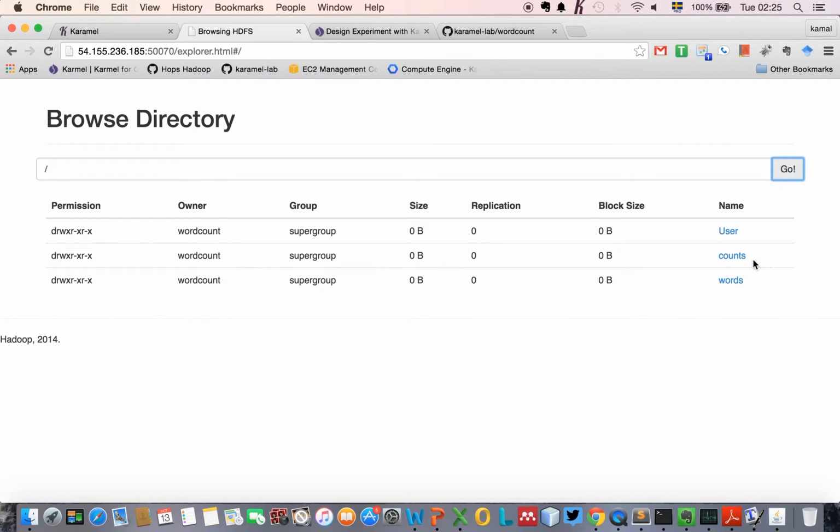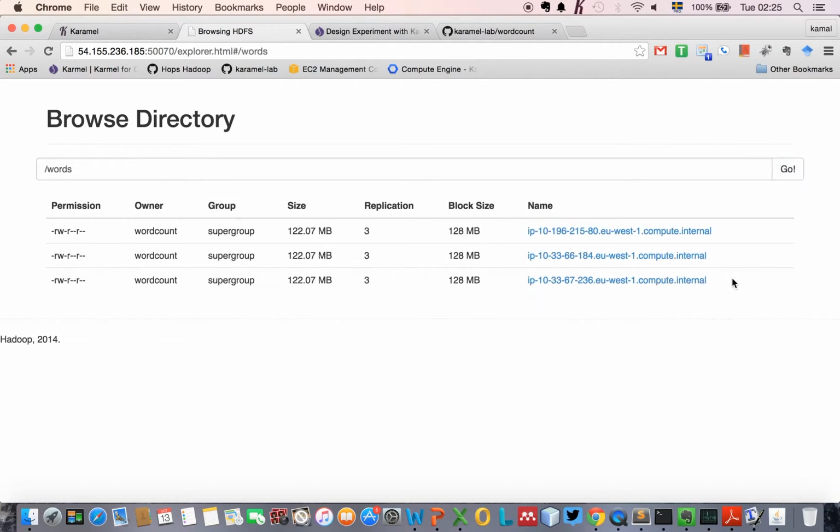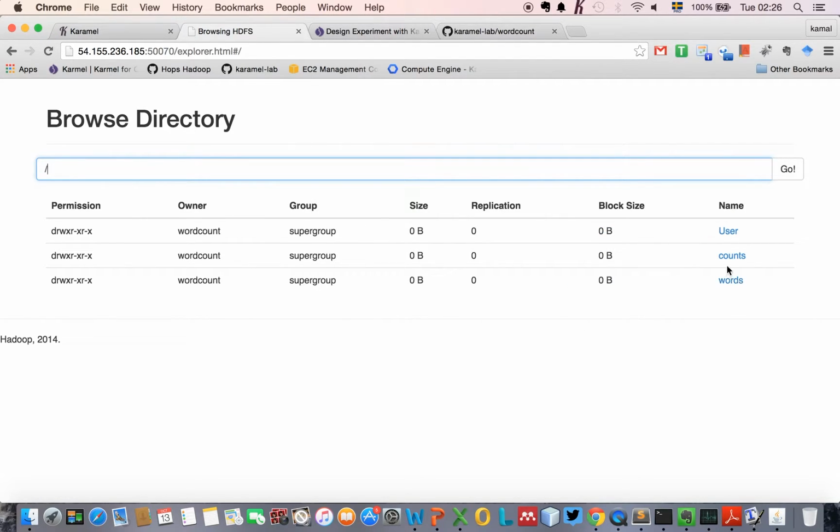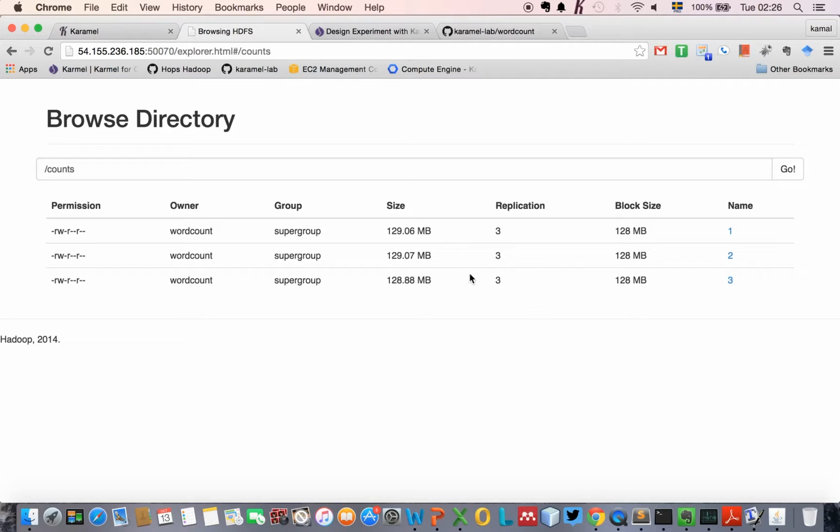Yes, we have words and counts. In words, we have 3 different files named after each machine that generated it, and the block size is 128 and the exact file size is 122. And if we go back to the root, and go to counts,